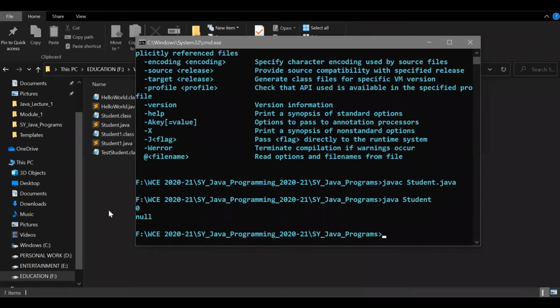Okay, so S1 ID is 0 and S1 name is null. Why? Because we have not provided any of these values yet. For that you need to import System.in and you will need the util package or IO package. So as of now, it is printing its default values. The default value for integer, if you have not mentioned anything, will be considered as 0. The default value for string, if you have not mentioned anything in the program, it will